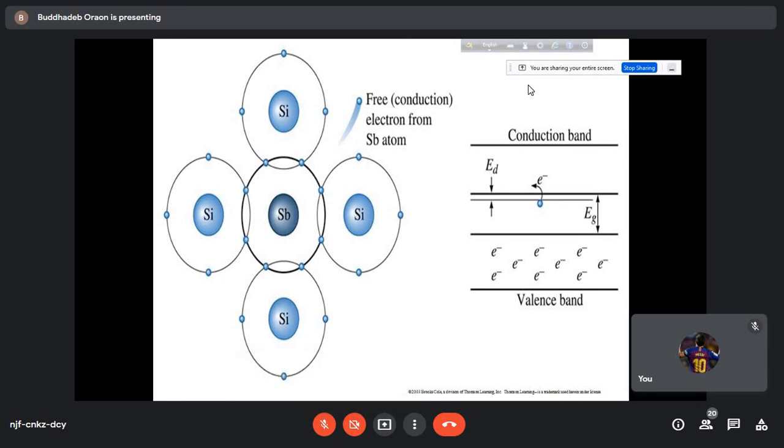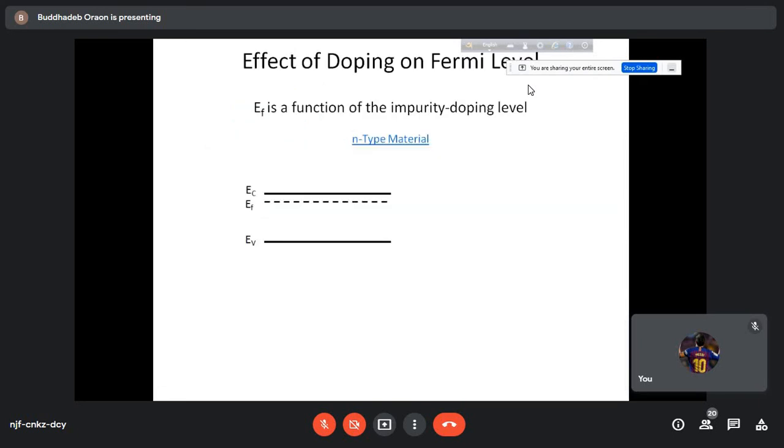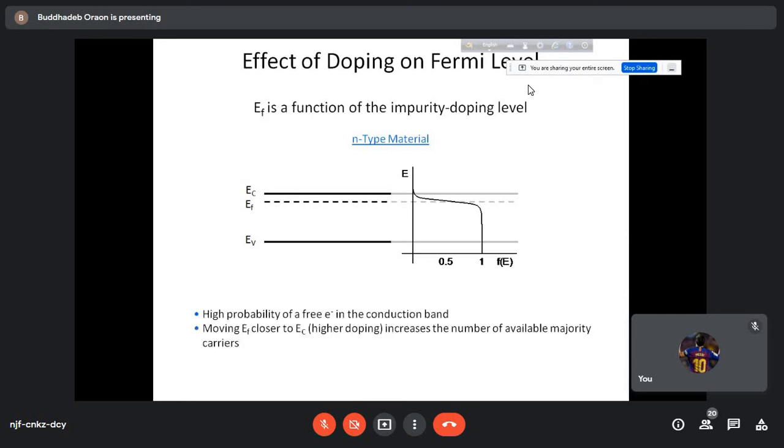And so just by applying some small amount of thermal energy, or even an electric field, these electrons can be taken from this energy level to the conduction band and made free electrons, and they can act as charge carriers. So this is for N type. As you have seen, the Fermi energy level also gets shifted towards the higher side. So there is a slight difference in the Fermi function.